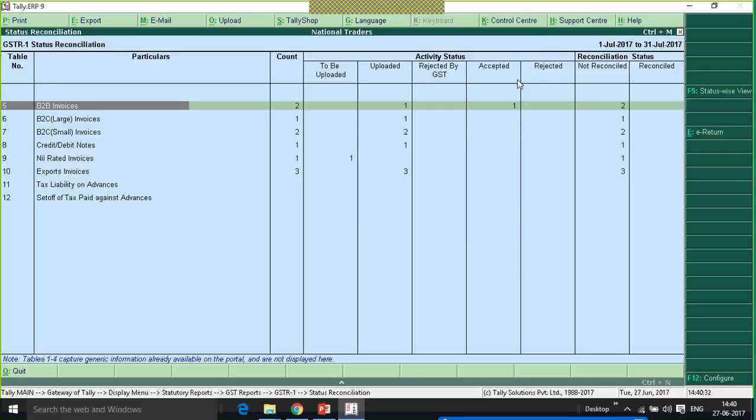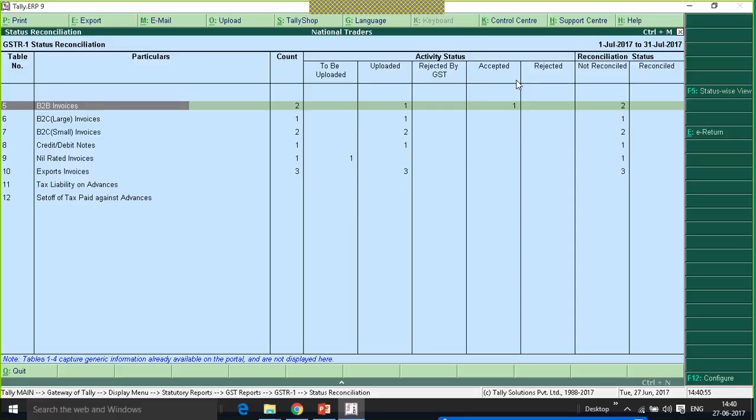And we have accepted. The status can be marked as accepted when input tax credit claimed by the buyer in GSTR 1A is accepted by us. As a supplier, if we are accepting the input tax credit claimed by the buyer, we can mark it as accepted here.